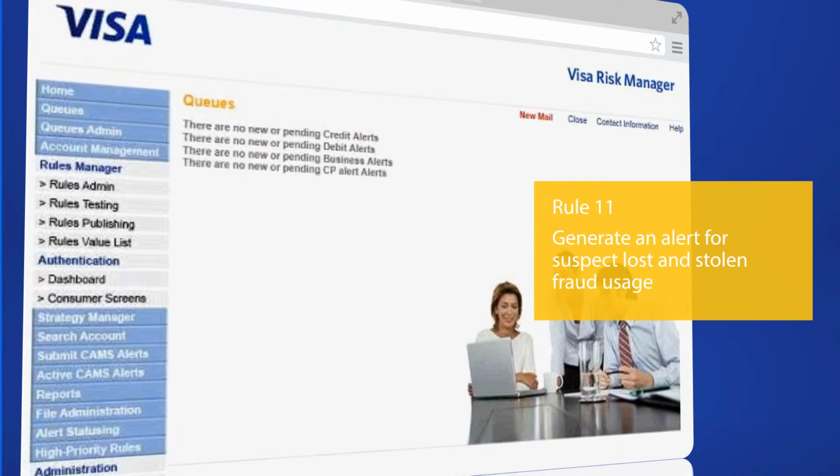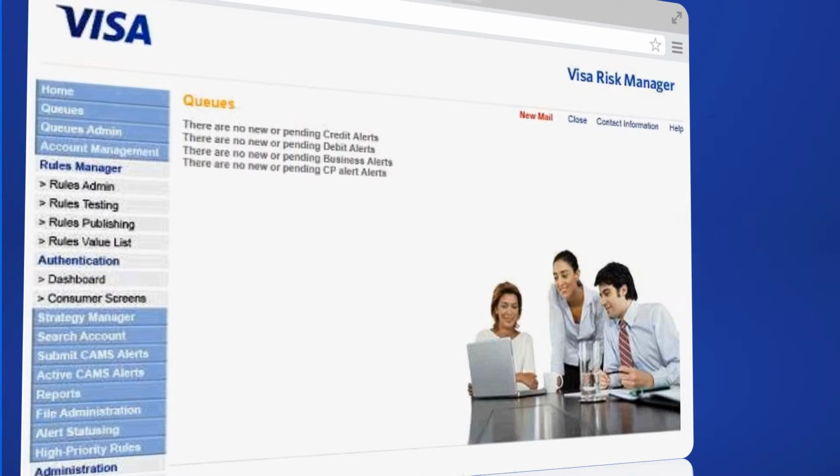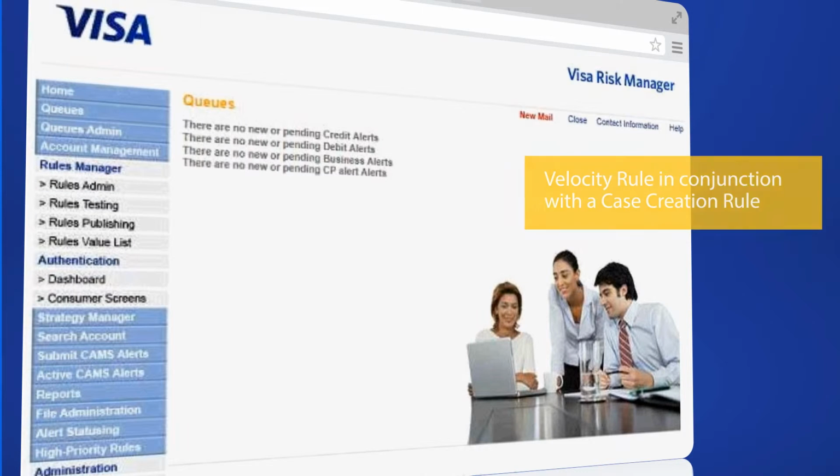In this example, the objective of the rule is to detect multiple transactions, more than 3, on a card in a short space of time, within an hour, where the cumulative transaction amount exceeds $1,000. This could indicate fraudulent activity on a lost or stolen card. In order to track multiple transactions over a period of time, a velocity rule must be created in conjunction with